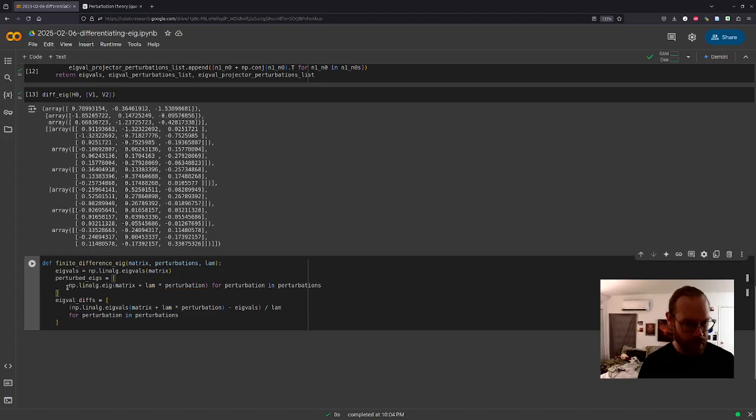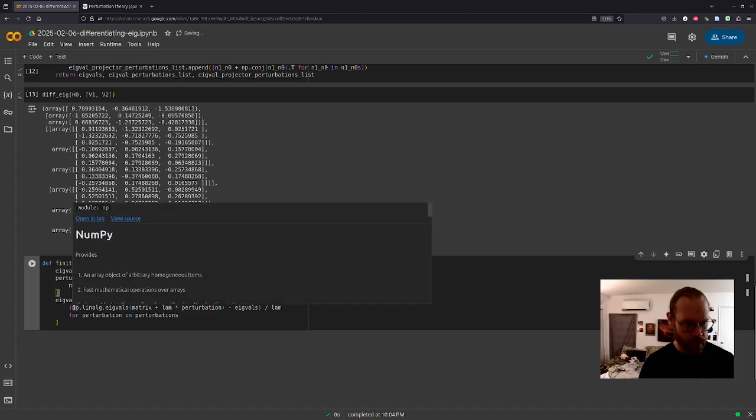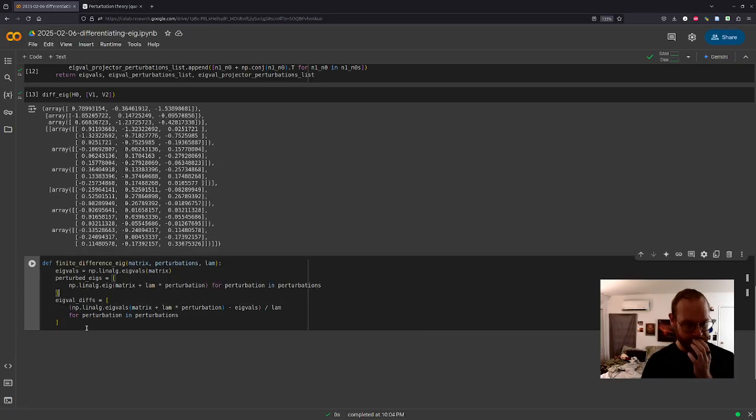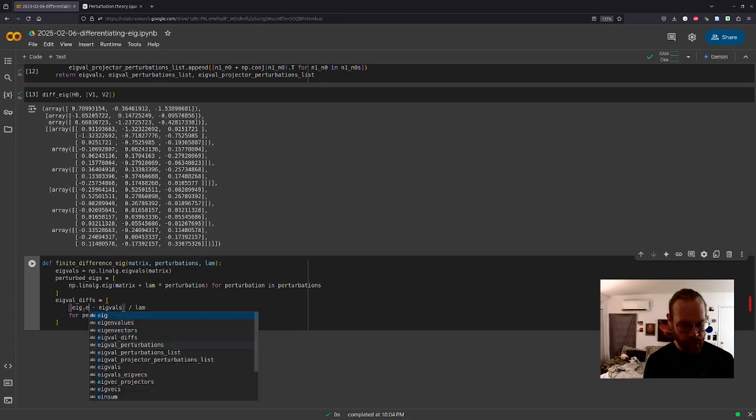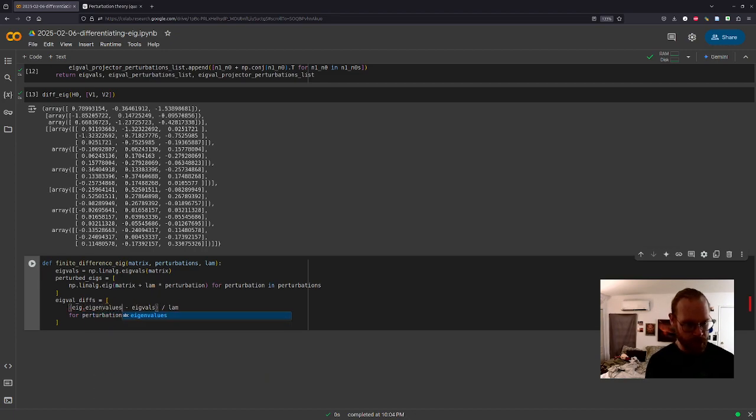Okay, now we can write Eigenvector diffs more succinctly, because this is just eigenvalues for eig in perturbed eigs.